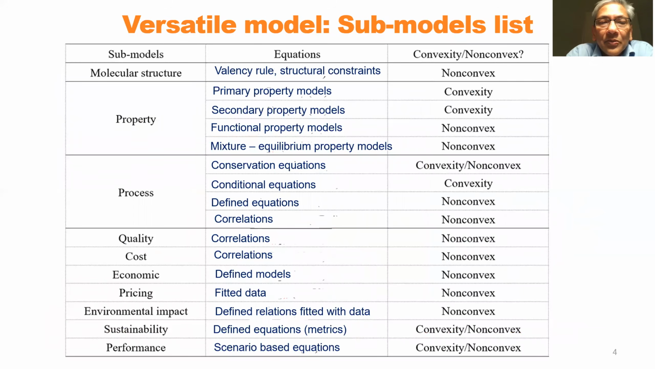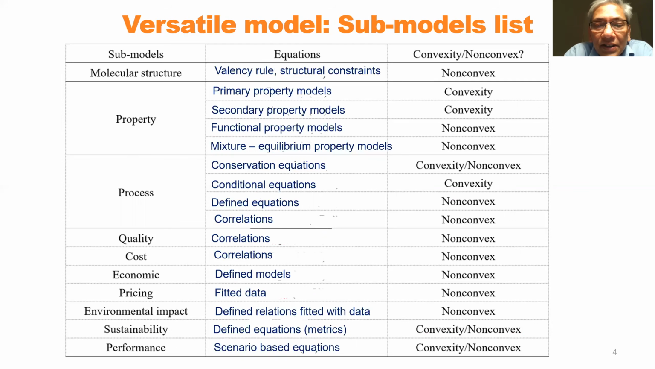And we can see a little bit more in detail here, the molecular structure. That's the valency rule, structural constraints, property. There are four kinds of property: primary property, secondary, functional, and mixture phase equilibrium type. Primary and functional are usually one equation per model. Secondary can be more than one equation per model. Mixture definitely is a subset of equations per property, and depending on the property model, it can be even hundreds of equations. The process also depends on the process and